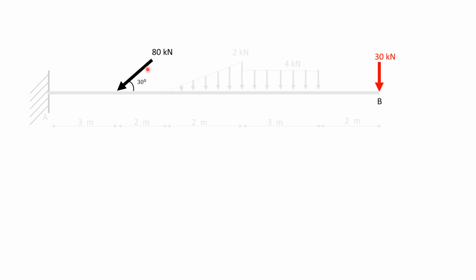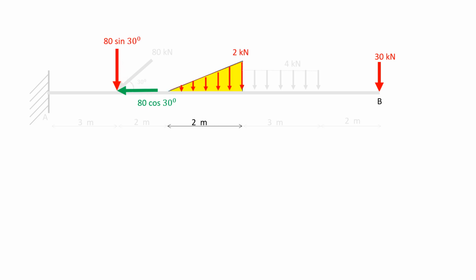Now simplifying this inclined loading, it will have horizontal component of 80 cos 30, vertical component of 80 sin 30. This triangular load will have to be converted to single point load by area of the triangle, 2 into half into 2 into 2, 2 kilonewtons acting at 2/3 of the 2 meters from apex,